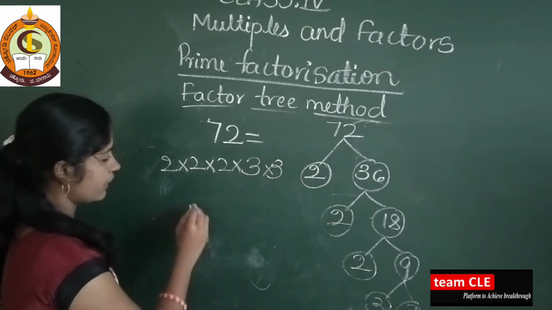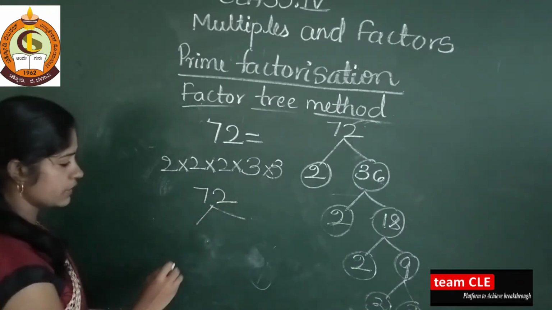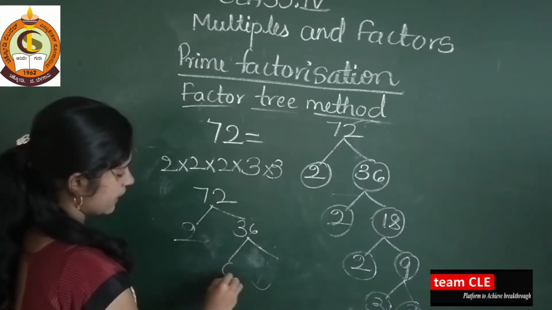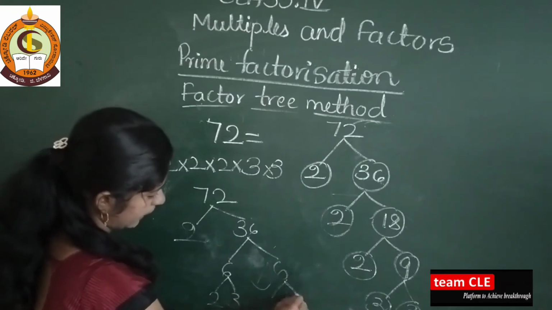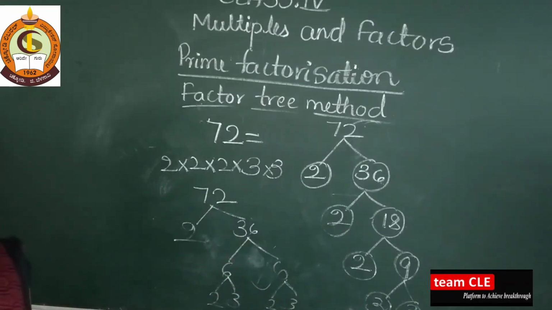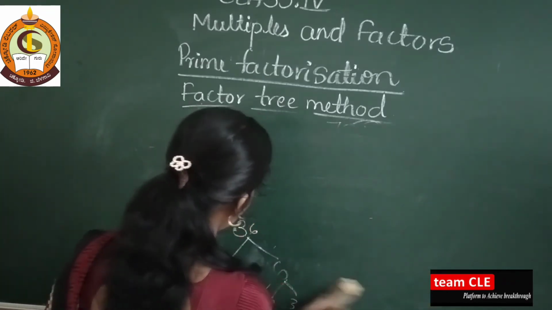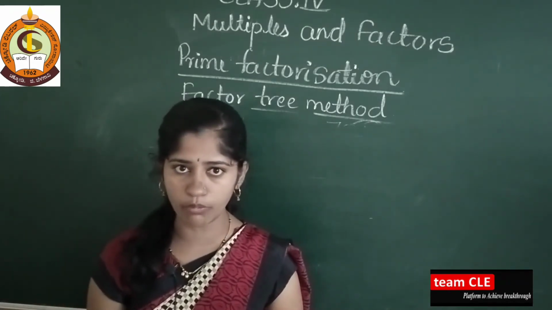Or you can follow one more method. 72, yes, it is there in which table? 2 36s. Again if you take 6 6s, and if you take here 2 3s and 2 3s, this is also correct and that is also correct. I hope you are getting my point. Dear students, here you have few more examples. Solve neatly and send it to my WhatsApp number.